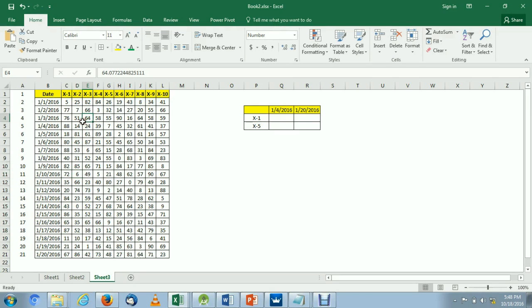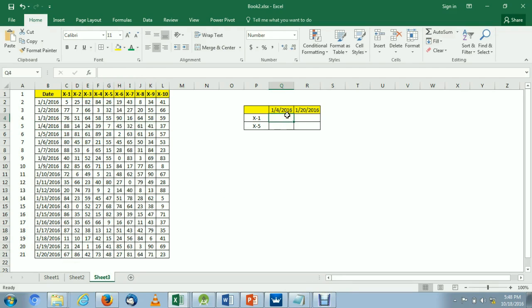So here we see that on the date 4th, the value for x1 is 88 and on 20th the value is 67.